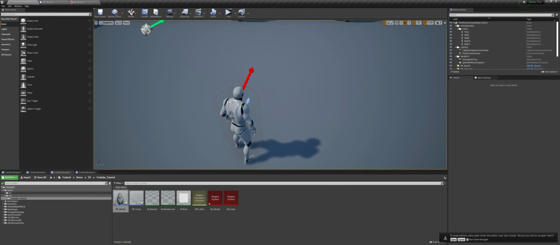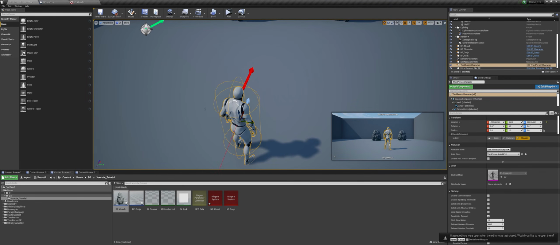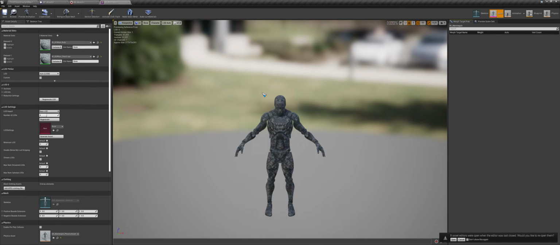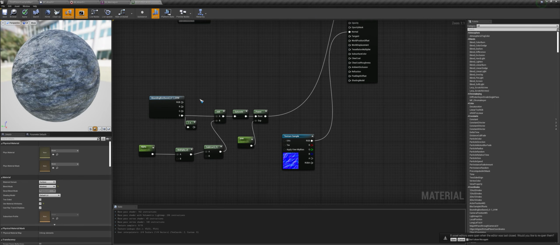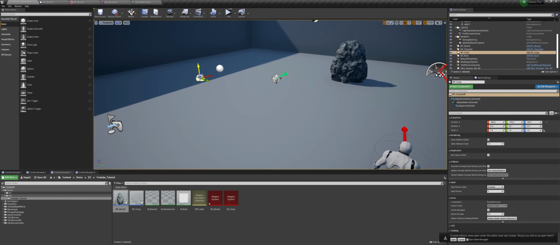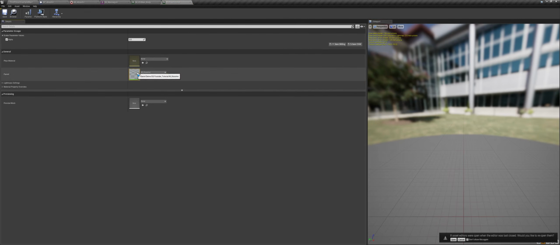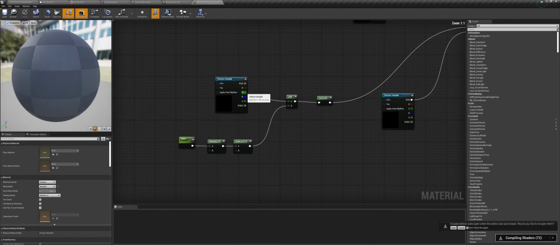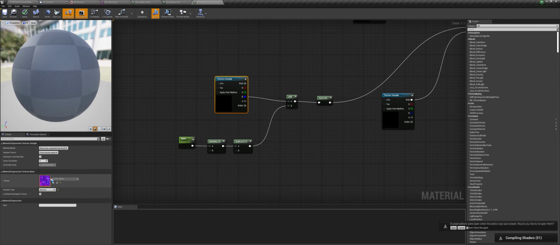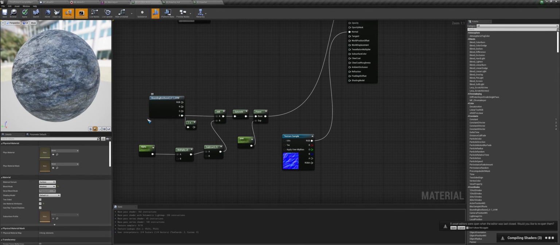So now I will just show you how I made the character change the alpha. So if I open this up, and if I open the mannequin body, here I have the same setup I created for the character dissolve material, this one. So here we used a texture like this one. Here I use a bounding box based UV.